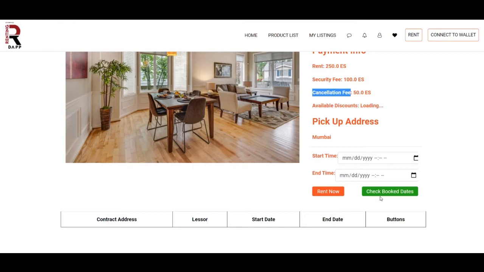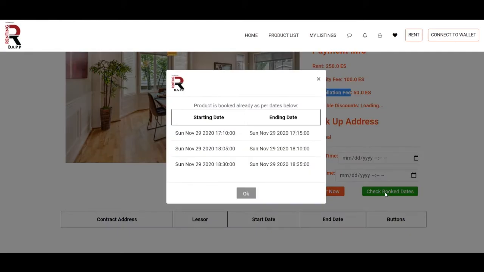So basically you can click on this and check the dates for which the product was booked before, or for upcoming dates for which it is booked. So as you can see, this product has been booked before on November 29 multiple times, and you can see there are no overlapping timings.